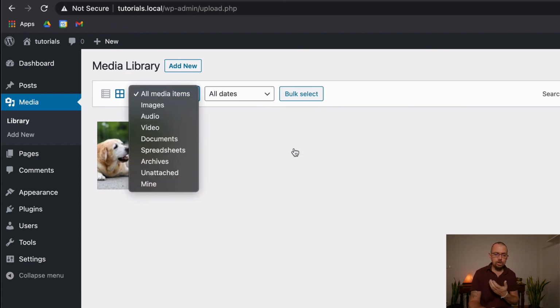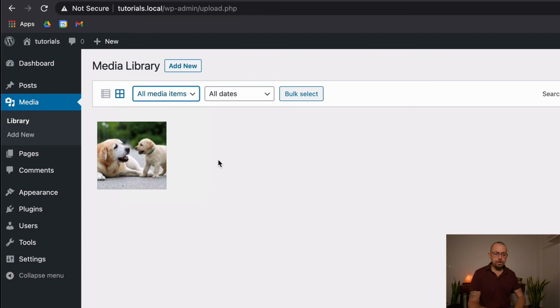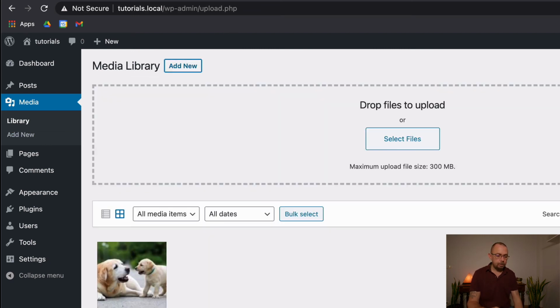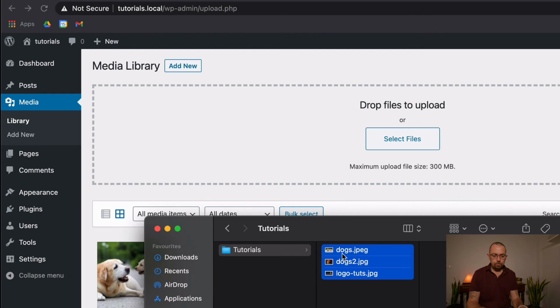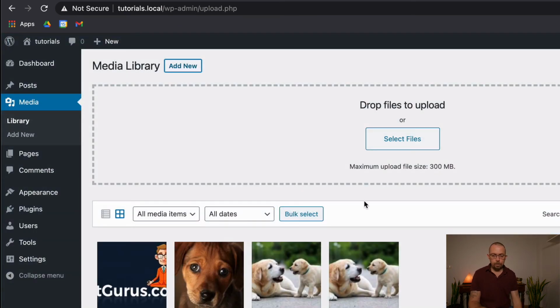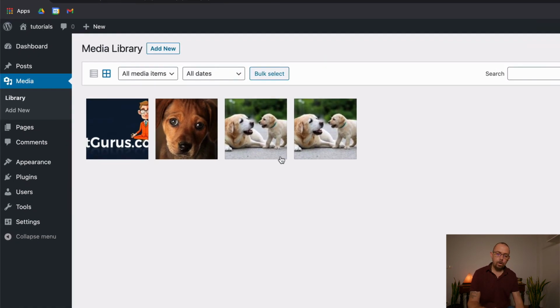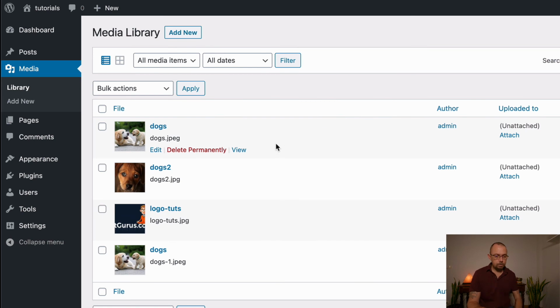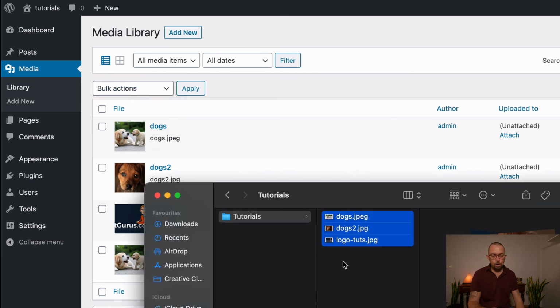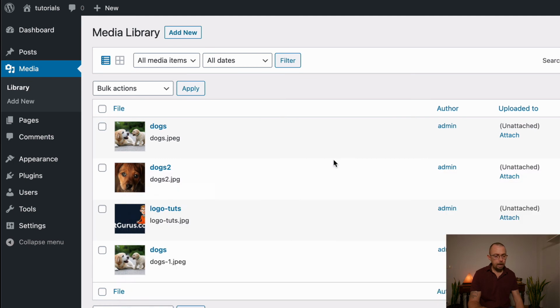You can come in, you can filter, searching, add images, crop images, as simply as just going to add new, come to computer, drag these in, upload them. Because we have two images the same, what it does is it will actually create, I'll come into the list view so you can see a bit better. You'll see that we have the same image twice. So the real name of the image is actually called dogs. You can see that here, dogs.jpg. But as we have the same image, WordPress creates a different name. It wouldn't create the same name because it would overwrite the original.